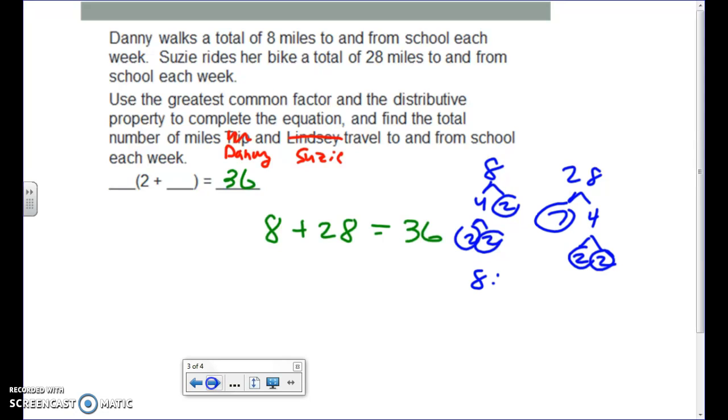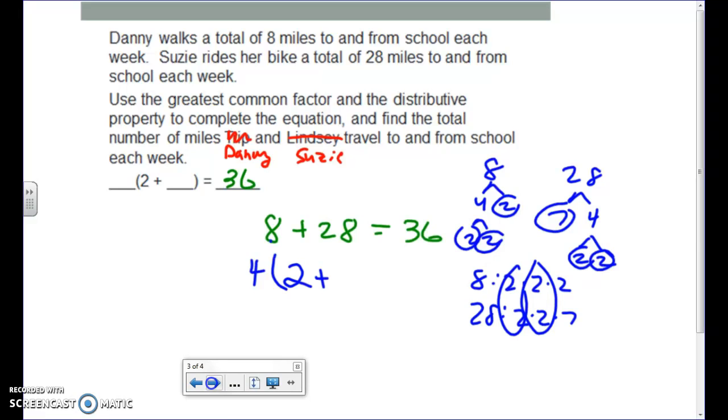So 8 would have a 2, 2, and 2. 28 would have a 2, 2, and 7. So they both share a 2 and a 2. 2 times 2 is 4. So I know my greatest common factor is 4. And 4 times 2 would equal 8. And 4 times 7 would equal 28. Alright, so I know that